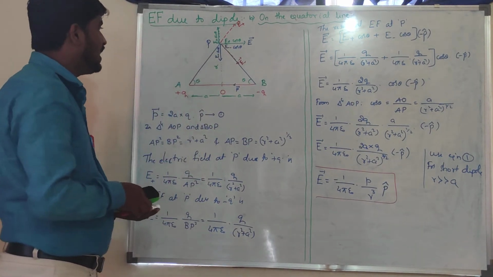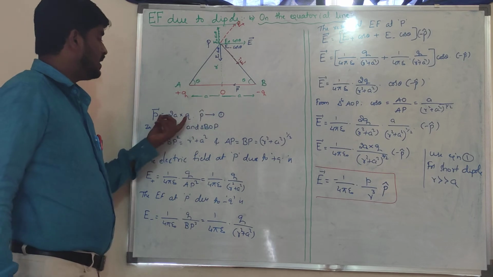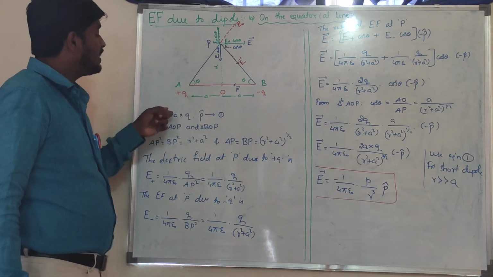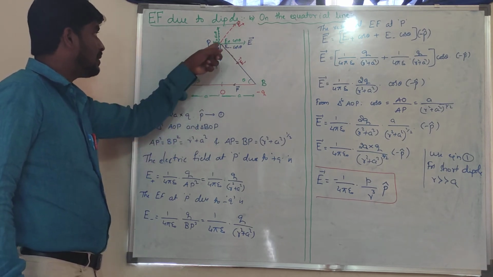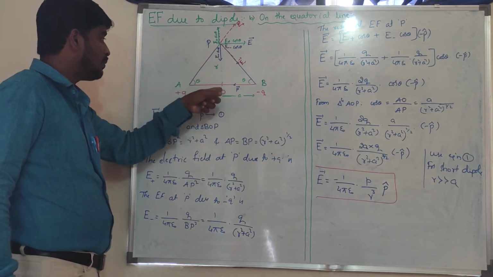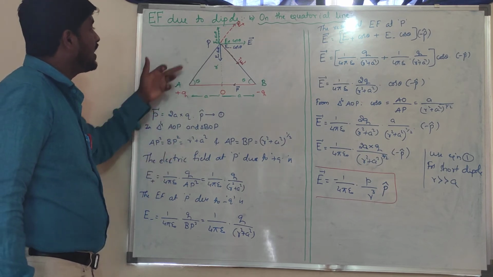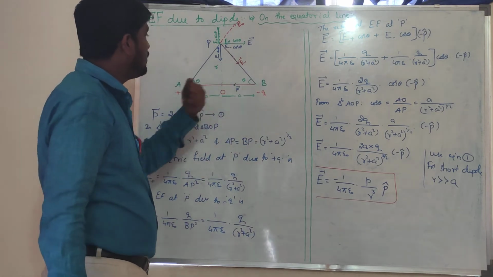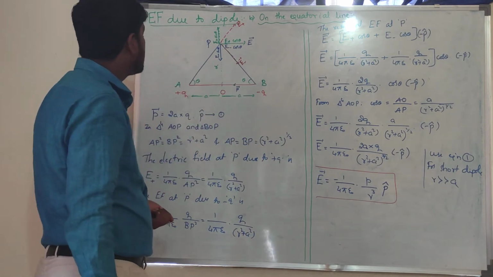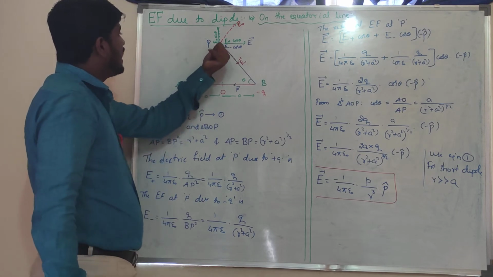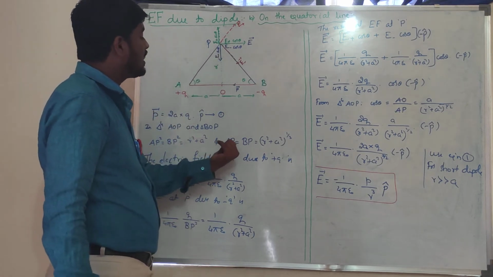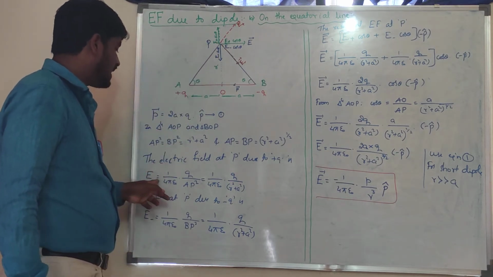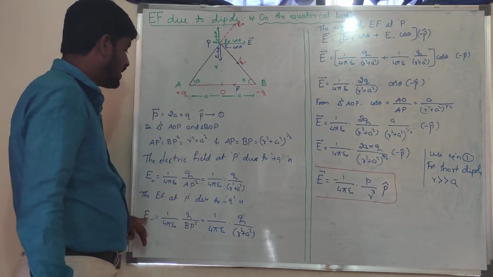What I did here, simply, first I consider the dipole, then I describe the dipole by writing the dipole moment equation. After writing the dipole moment equation, I consider point P, at a distance r from the dipole center, so OP is equal to r. Join AP and BP. Using the Pythagorean relation, calculate the values of AP and BP because they are very important in the further derivation. After arriving at the values of AP square and BP square, write the values of AP and BP too. Then calculate the electric field at point P due to plus Q and minus Q.